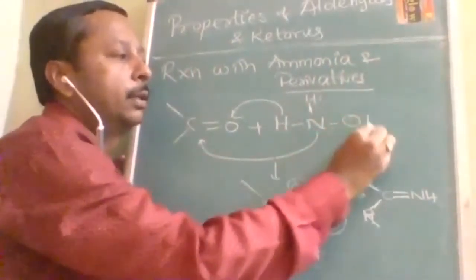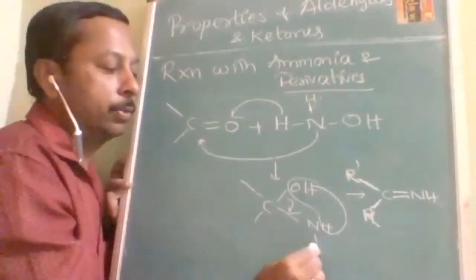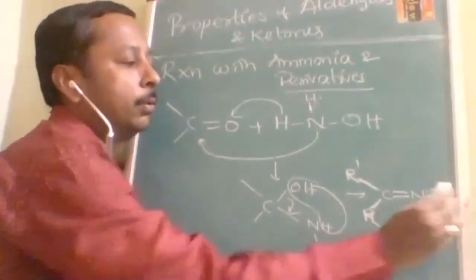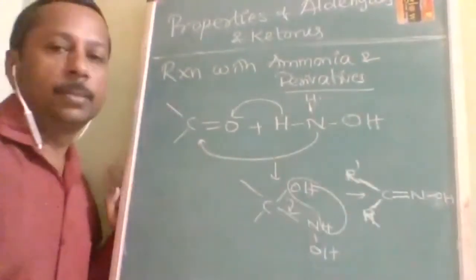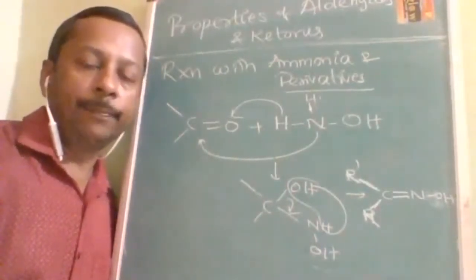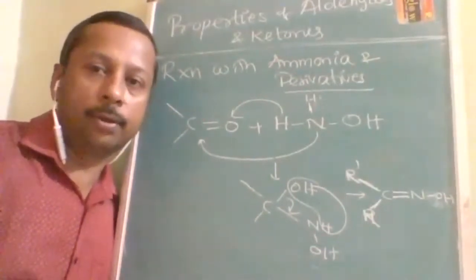In that, this functional group will be OH. This group is going to be OH. This group is going to be OH. So this functional group is called an oxime. Again they are divided into two types, aldoxime and